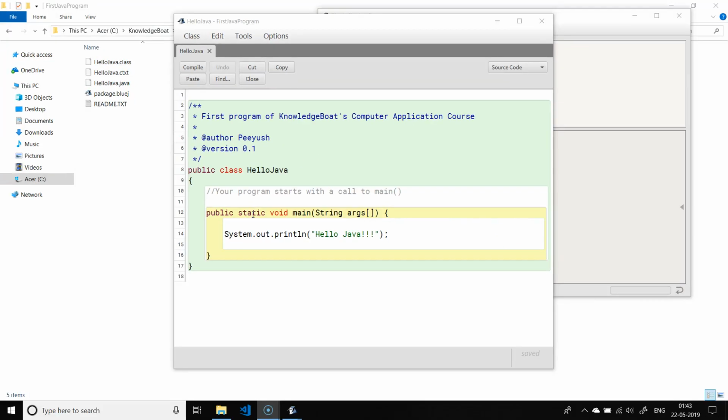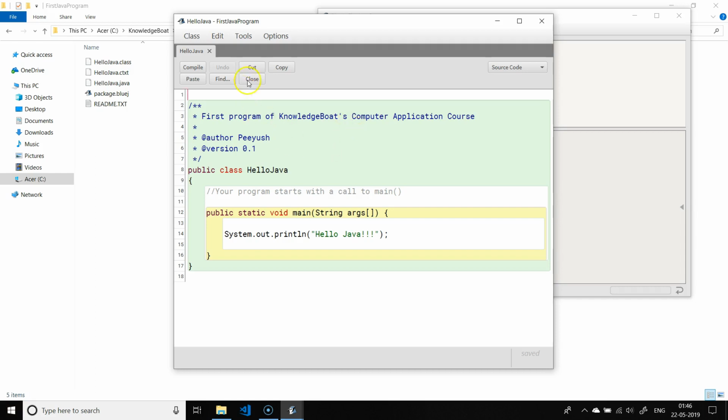But this will change from the next program onwards. Then we need to first create an object of the class and use that object to execute the methods. Don't worry about it now. I will show you how to do that when we look at our next program. For now, let's go ahead and execute the main method.